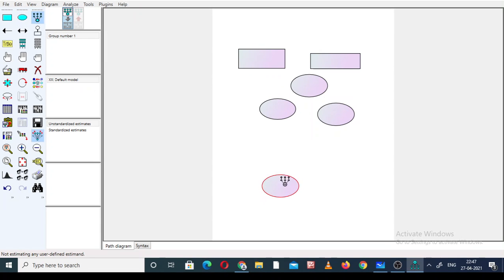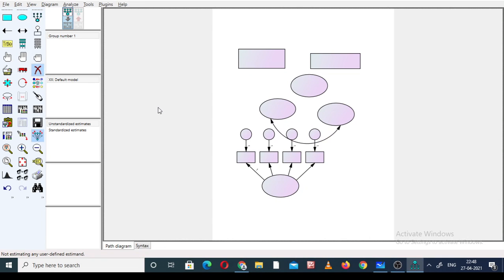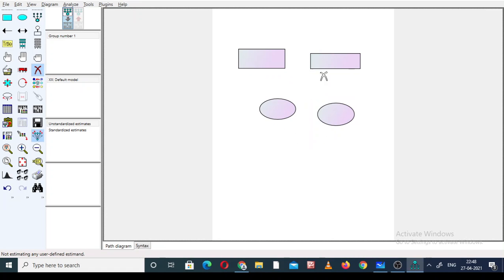This circle is what? This is the construct, and these are the statements. Remember it, these are the statements of this construct. So we use all these constructs and statements in the form of plotting in AMOS.